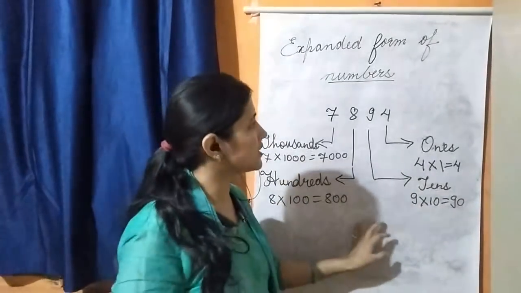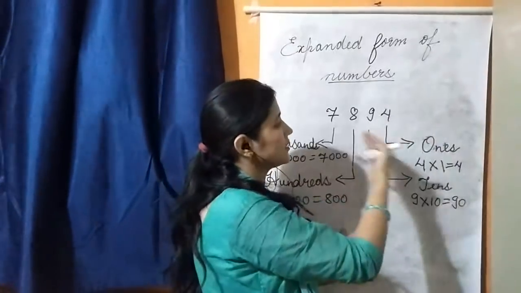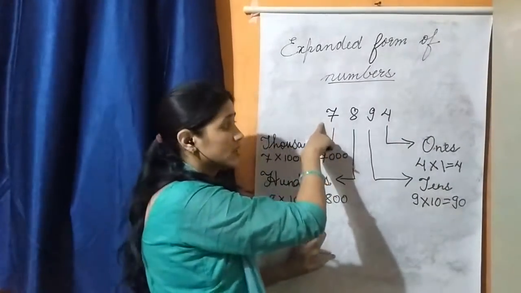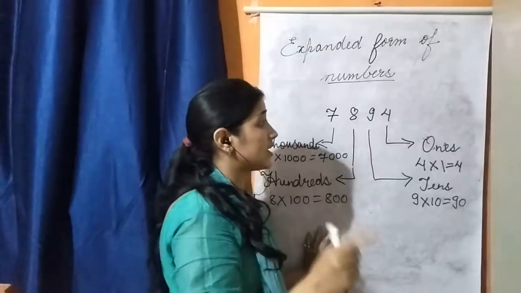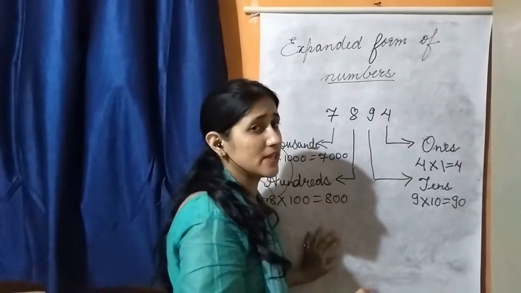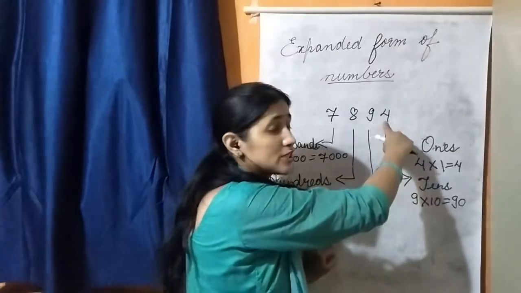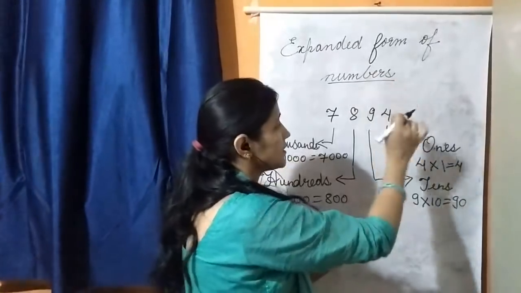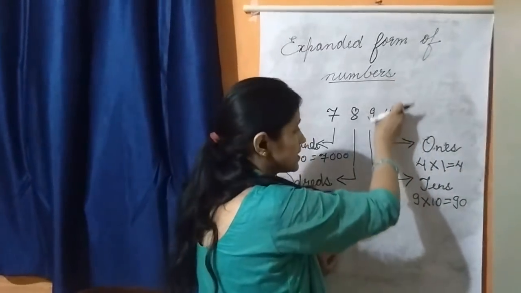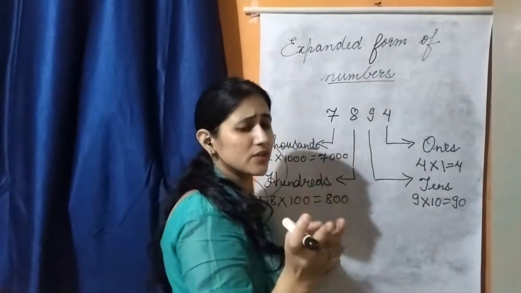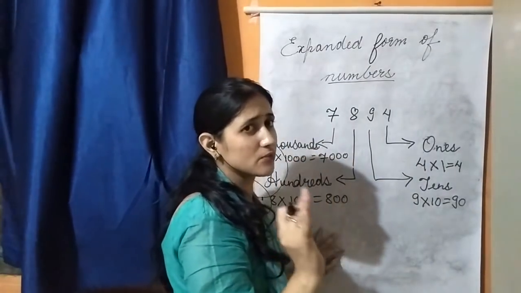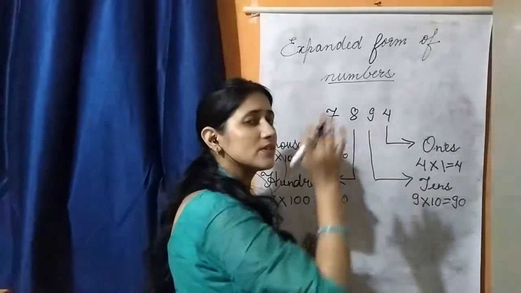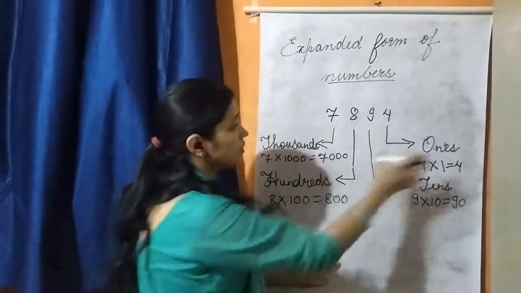Okay, and you must be thinking that why Miss has started writing the value from this number, why not from this number, this is the first number. But no, always when we find out the place value, when we write the place value, we always start from ones place, from right side. In the previous video also I told you that addition, subtraction, multiplication is done from right side, and the place value is also found from the right side only. Fine. Now here we got the place values.